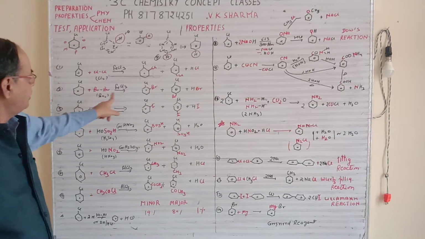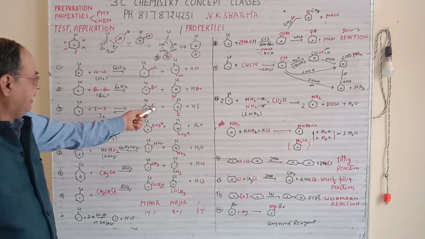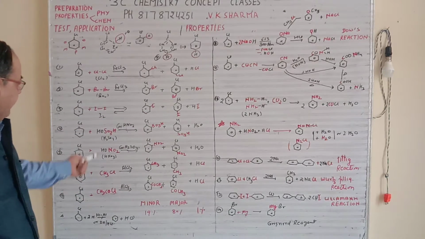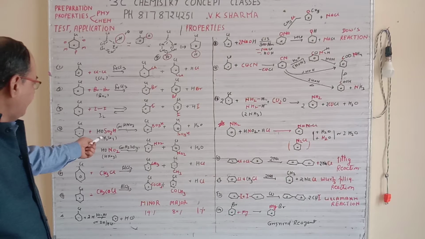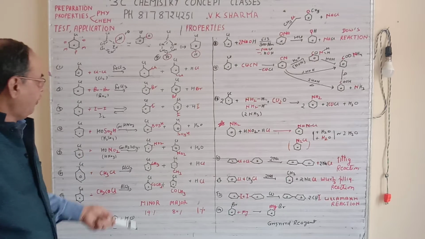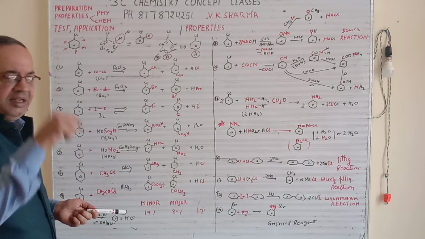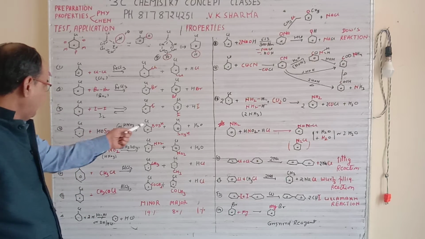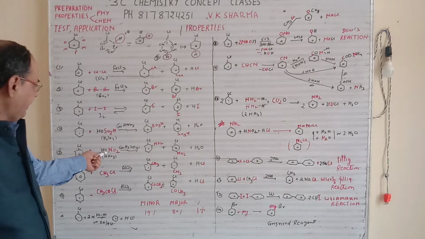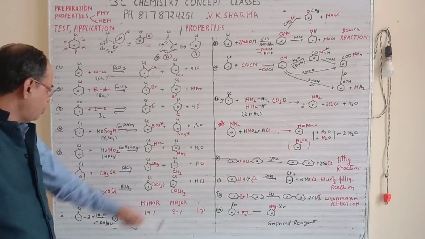In the same way, you go for bromination, and it will give you bromine on the ortho and para positions. HBr will come out. For iodination, I plus HI, the iodine will be on the ortho and para positions. In the same way we go for sulfonation. In sulfonation, this OH and this H, or this H and this OH, will form water. SO3H will be added to the benzene ring, as I told you in the benzene part also. So this SO3H will go on the ortho position and the para position, and water will come out. In the same way nitration, HNO3, which I have written as HONO2. So nitro will come on the ortho and para positions, and water will come out.